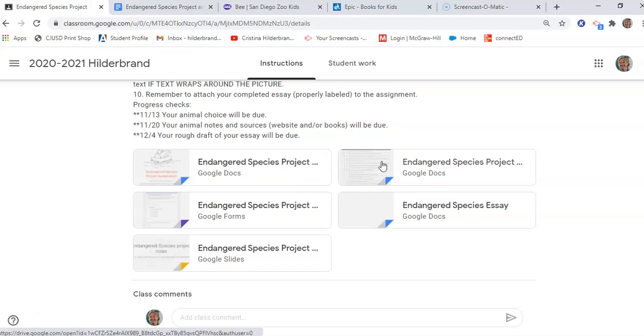So once you've seen this and this, you're going to go all the way down to the Google Slides, because this is where we can type information and it will be saved, and you don't have to type it all at once like you would in the Google form. I didn't realize that when I made it, but I made a change and now you can use the Google form. So I'm going to open this up,